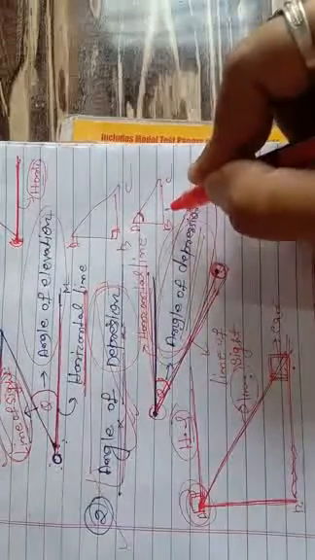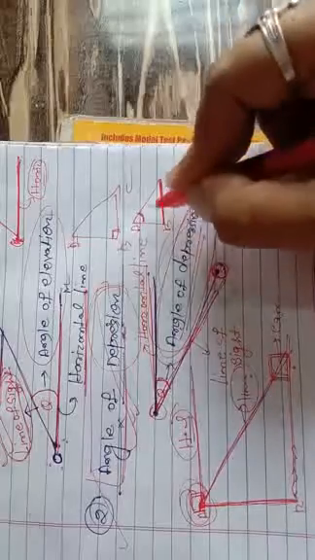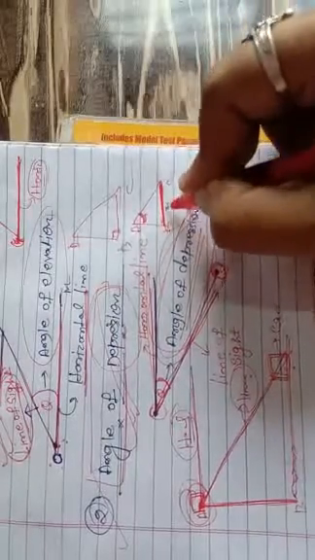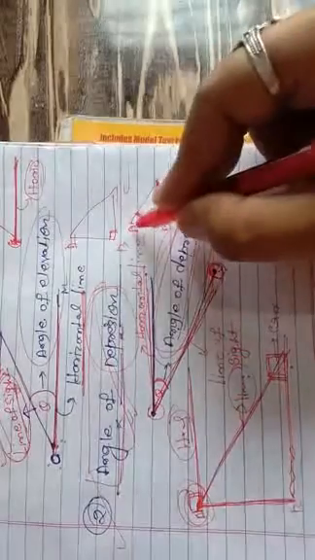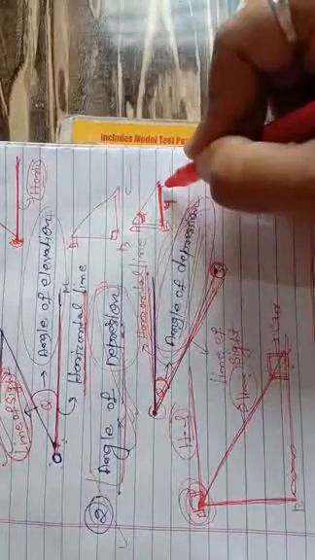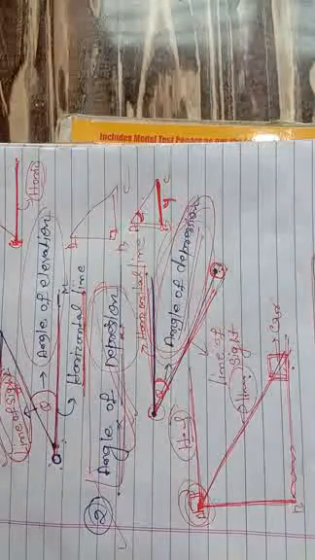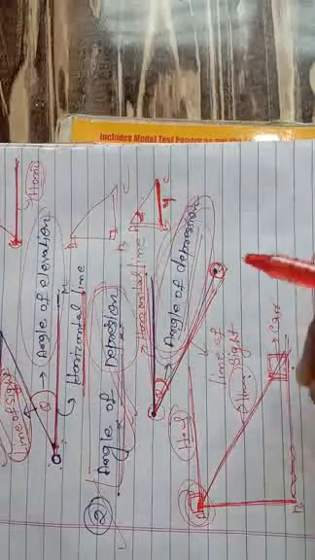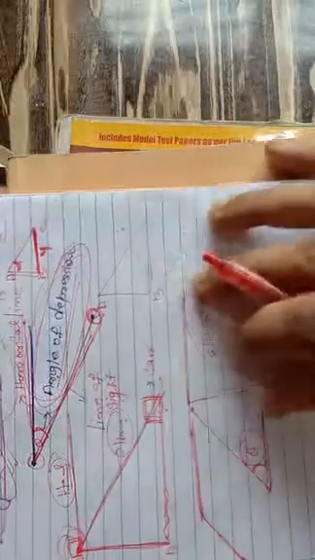In the right triangle, one angle will be given, and suppose one side is given, say the base, or for this angle the perpendicular. While solving the question, you only have to consider which side is given and which side we have to find. After making the figure by understanding the question, keep your mind only on these two points: which side is given and which side you have to find.